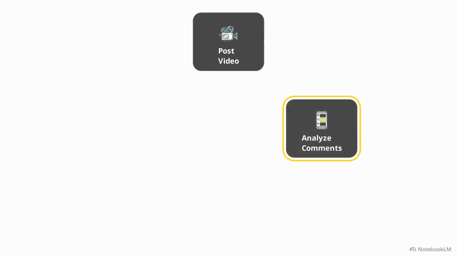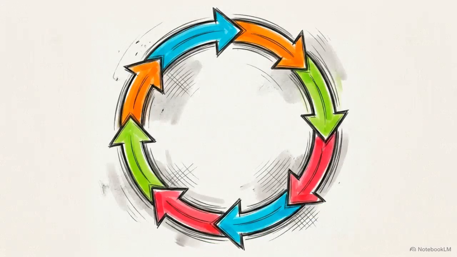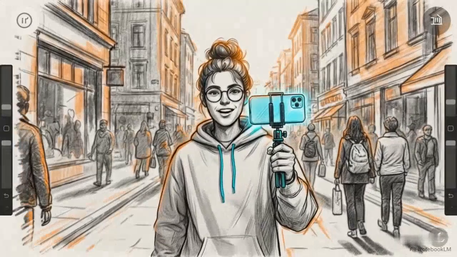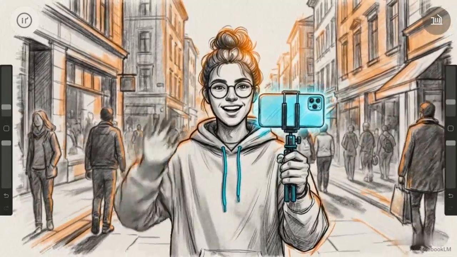This flowchart outlines your post-launch workflow. Monitor the video's performance, analyze the comments to see what resonates with the audience, and follow up with the brand for their direct feedback. Viral success is a cycle of constant iteration. By consistently applying and refining these 7 steps, you will build the muscle memory required to generate highly